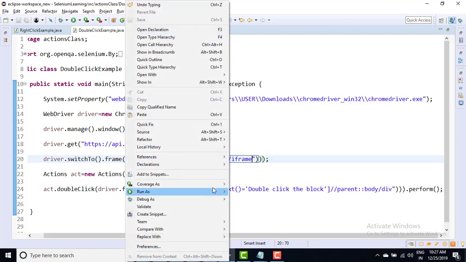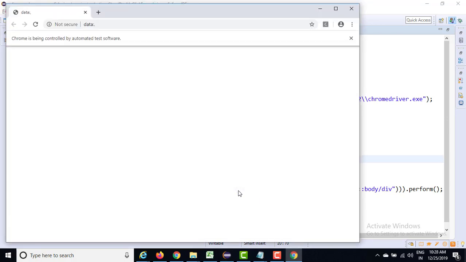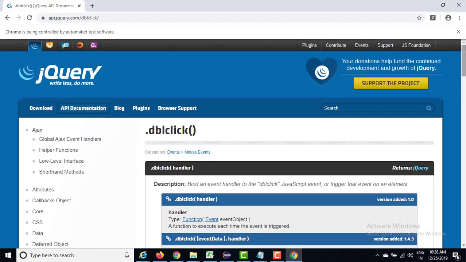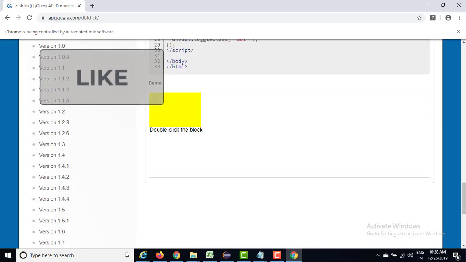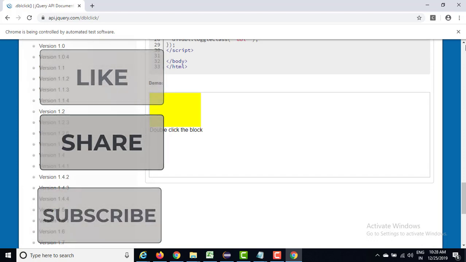Now let's run this code and you will see it will do a double click, and after the double click it will change the color from blue to yellow. So let's wait, and here we go. Automatically it turned yellow. And you need to also notice one thing, that it scrolled automatically, because the moment you load this application it comes to this stage, but the moment we did double click it automatically scrolled down to this particular view and did the operation. So that was very straightforward.